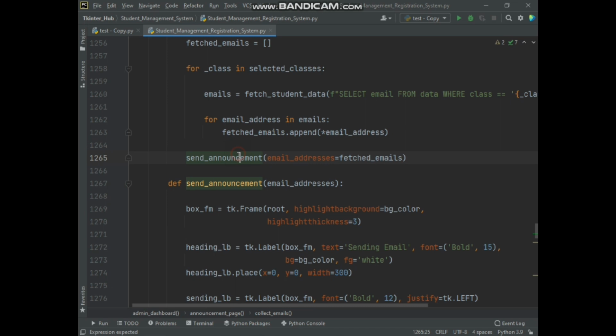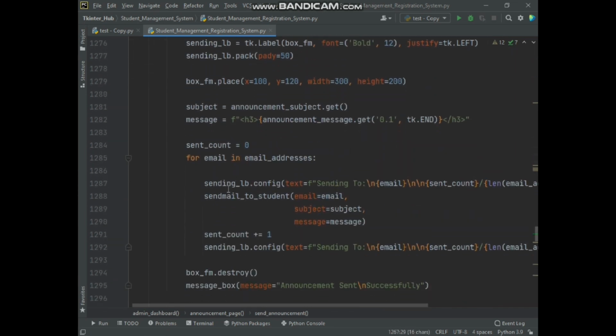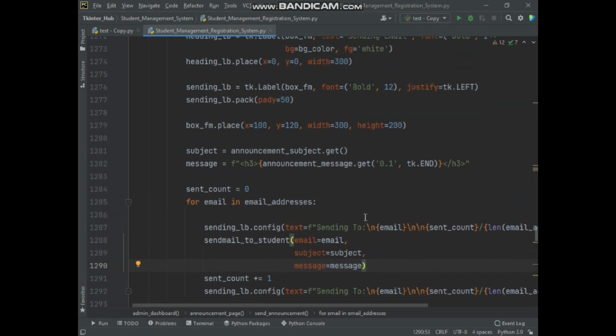But here we need to use the threading module to call the send announcement function. Because in the send announcement function, we are sending the mail to the email addresses using the SMTP server, which is a network operation, and it takes time to perform this operation. While sending the mail, the Tkinter event loop can be prevented from updating the window,